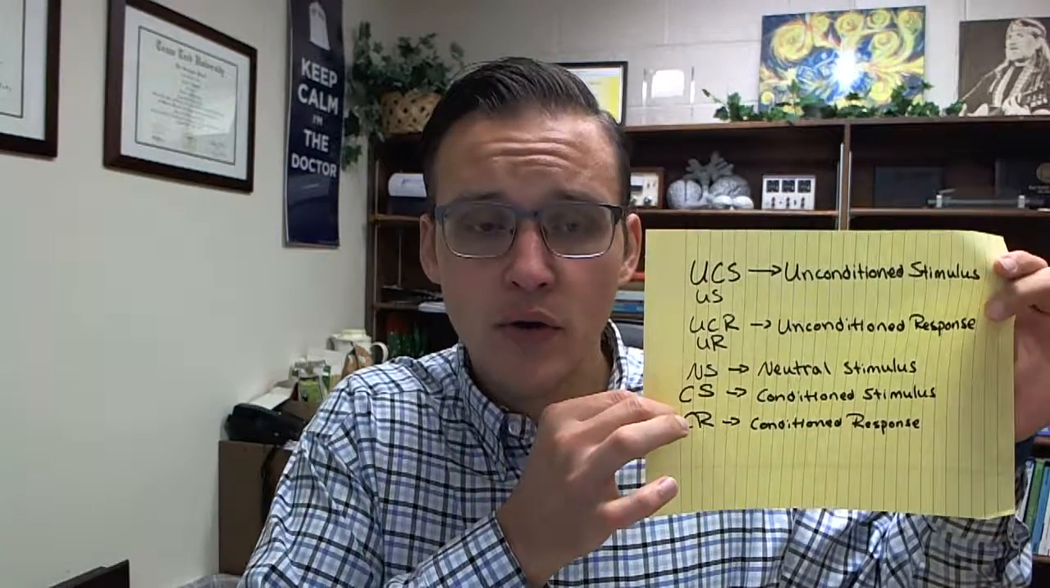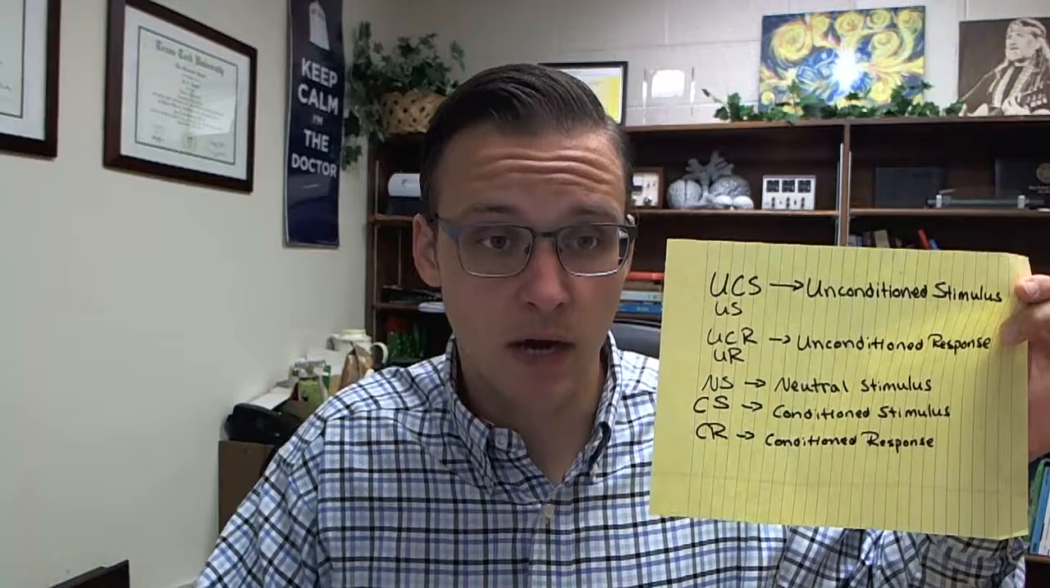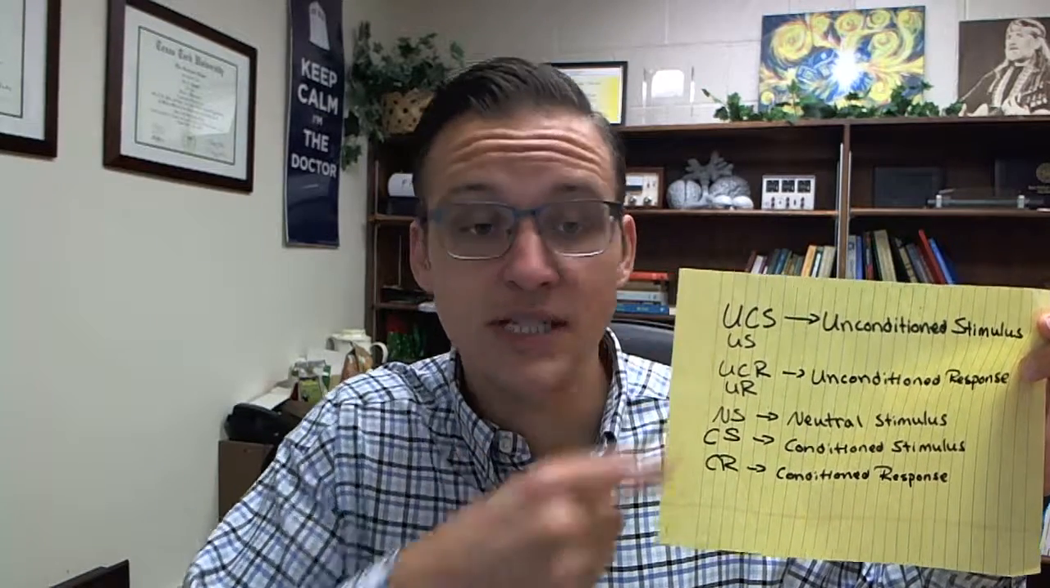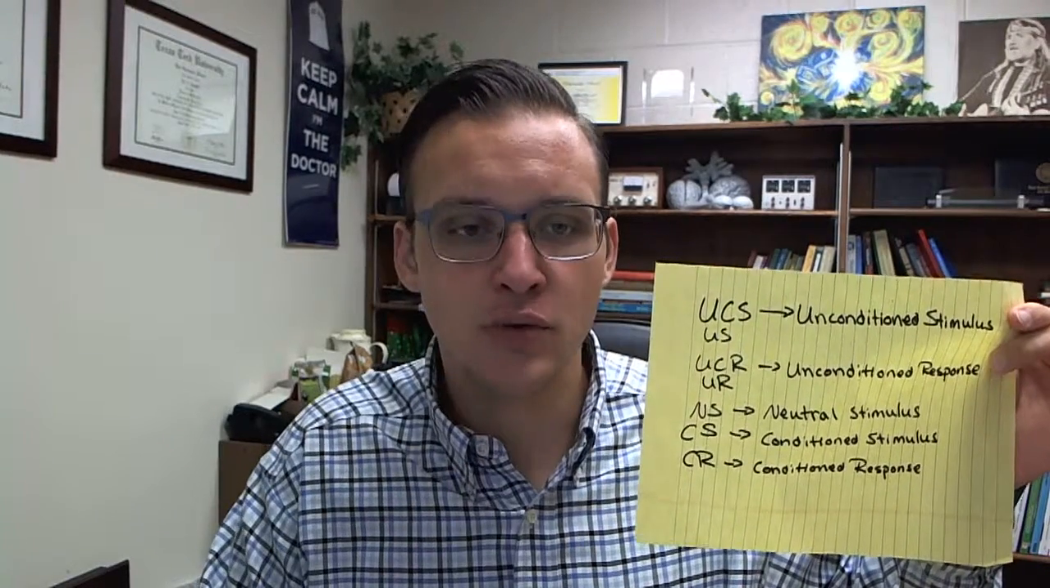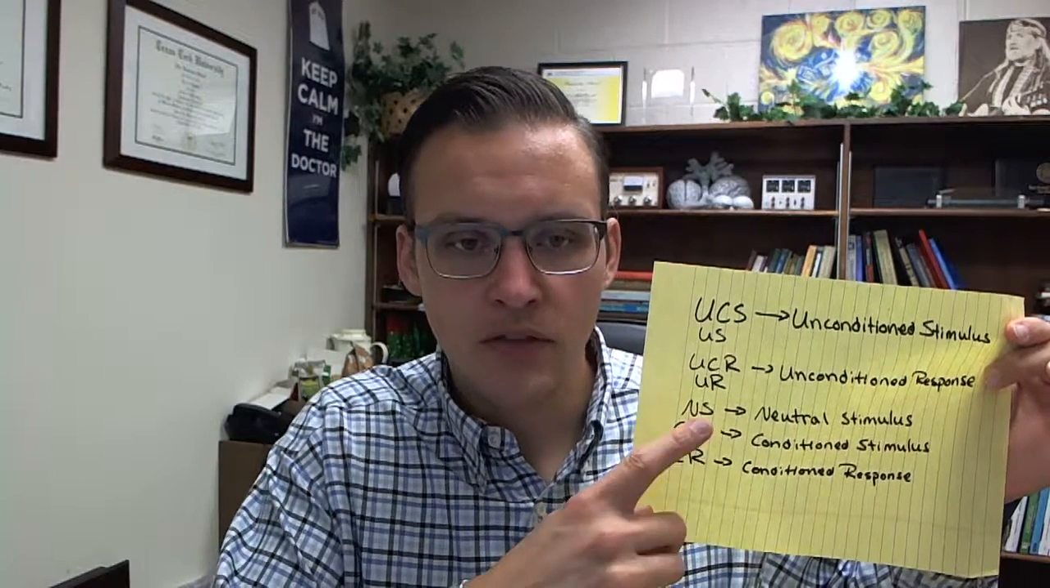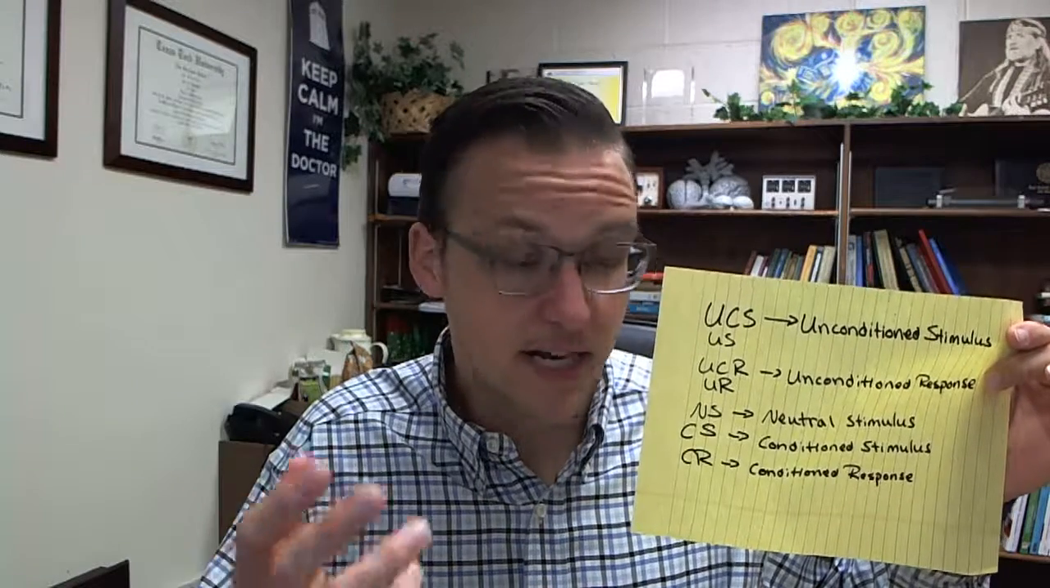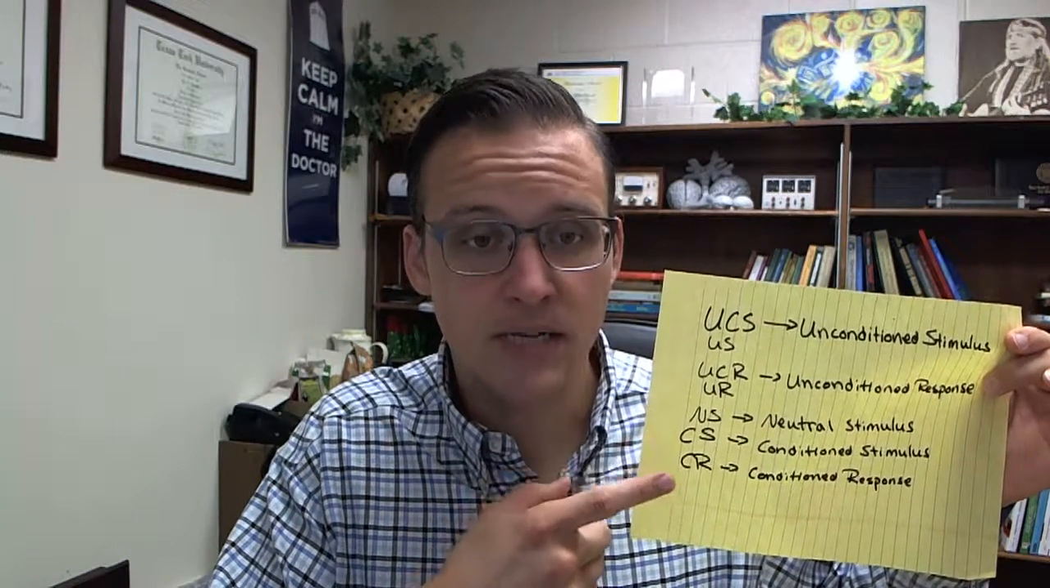All right, so first let's talk terms. Here are your standard terms used when talking about classical conditioning. You have the UCS, or the unconditioned stimulus, sometimes also abbreviated as US. You have the unconditioned response, sometimes abbreviated as the UR. The neutral stimulus, I've only ever seen it abbreviated as NS. The conditioned stimulus and the conditioned response. Now, the standard relationship